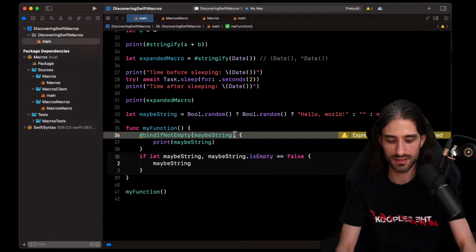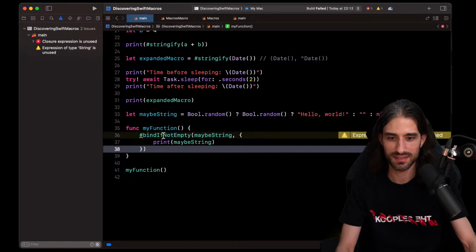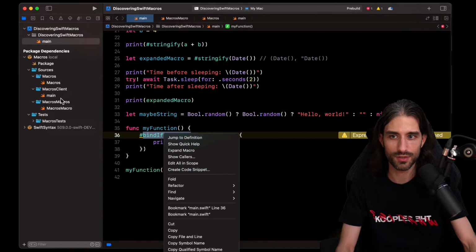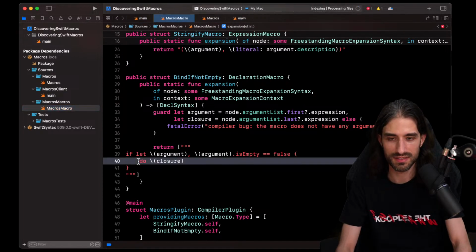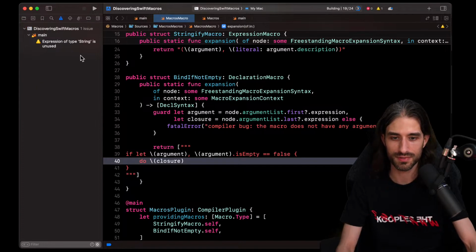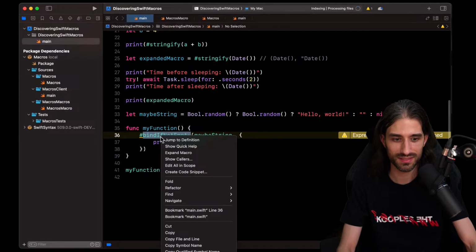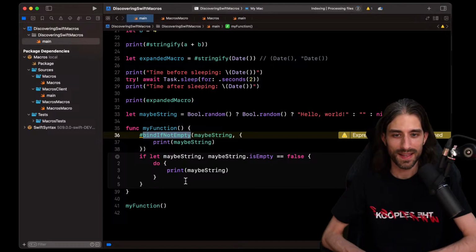So that's not great. And when I do it like this, then it does fail, because there is no longer the do keyword to say that you need to execute this scope. Okay. Is it back to working? It's back to working. Okay.